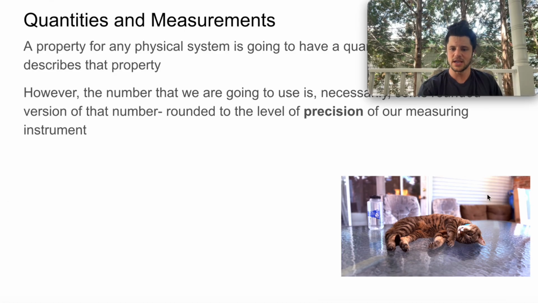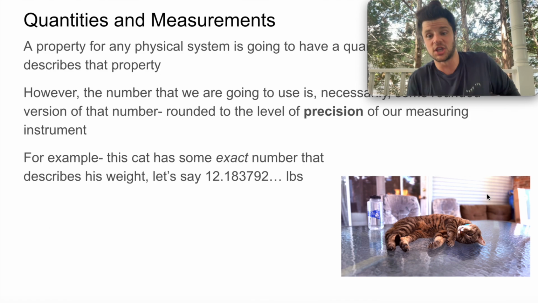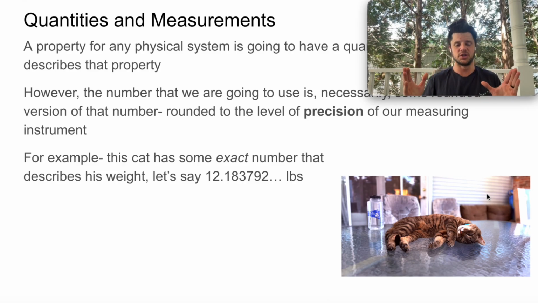So my friend Maddox here is going to have some weight, right? And if we brought him to the vet, we'd be able to get a value for his weight. However, that value has some exact amount to it, right? So if we were able to measure his weight to an infinite level of precision, which we can't really do in the real world, we'd be able to get some specific number that accurately and exactly describes his weight. Let's say that number is 12.183792, it keeps going. We can keep adding digits right to the billions, to the trillions, to the quadrillionths of a pound, okay? But let's say, just for succinctness, that his weight is